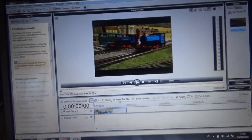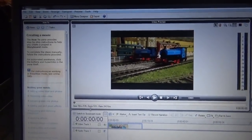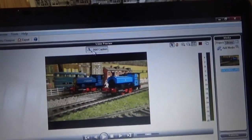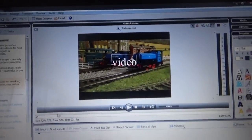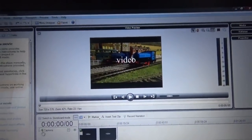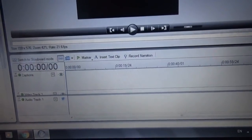Now for the text at the beginning, what I have to do is I'm on timeline mode at the moment, so I click to switch to storyboard mode, I'll then click add caption, and I'll just put something random in. And then it basically gets this captions tab here. So then what I'll do is I'll then delete that,